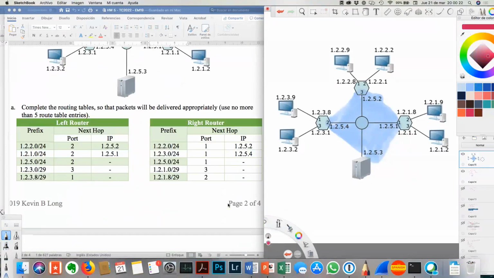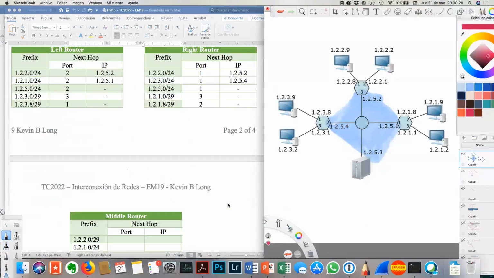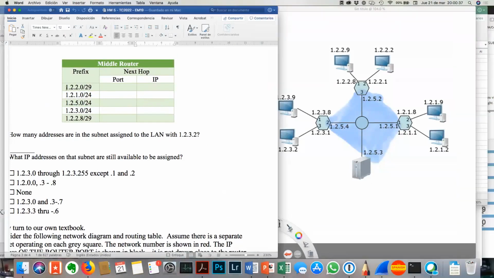I've given you the tables for the left router and the right router. We're going to ignore those. You can come back to them later to practice more if you want. Our task is to fill in the middle router's table. So the first thing he tells you is there is a subnet on this network somewhere,